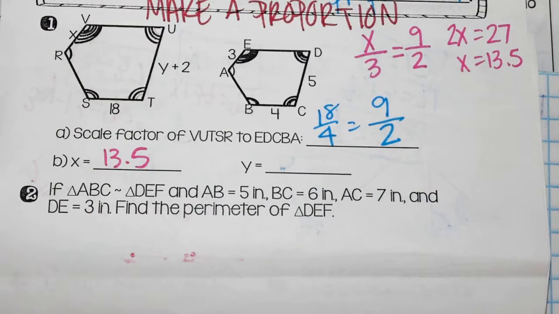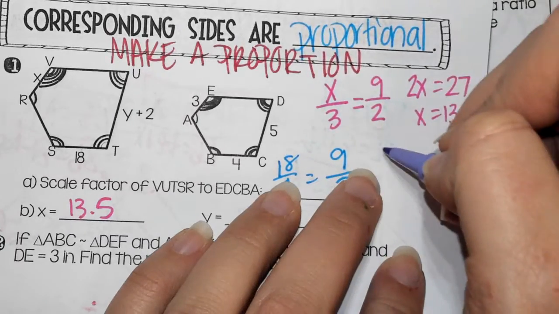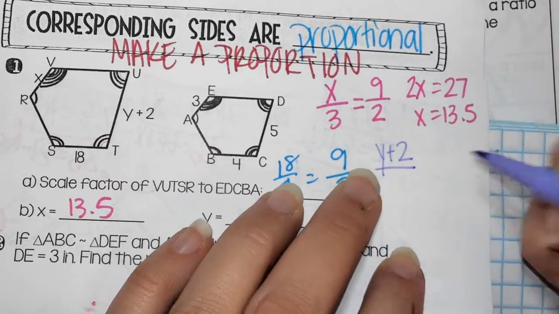Now, what side is proportional to y plus 2? It's 5. So we're going to do y plus 2 divided by